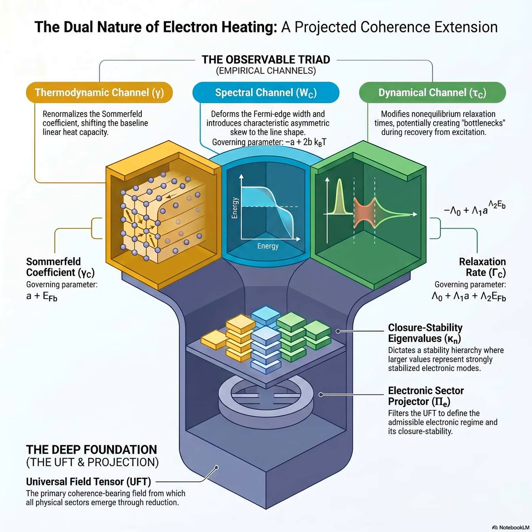So to prove the UFT exists, you have to take that exact same combination, the precise numerical values for A and B that you derive from the heat capacity, and walk over to the spectral safe. You type them in. Does it perfectly predict the skewed Fermi-edge? If yes, the safe opens. And then you move to the third safe. Right. You walk over to the dynamical safe. You type in the same combination again. Does it perfectly predict the ultra-fast relaxation bottleneck? If yes, the third safe opens.